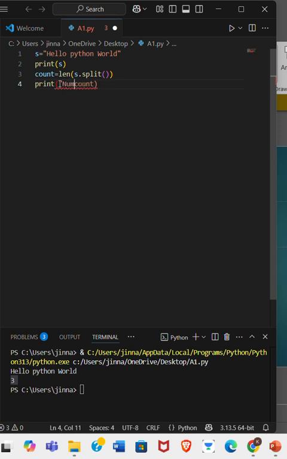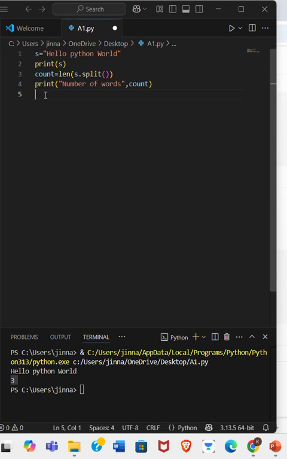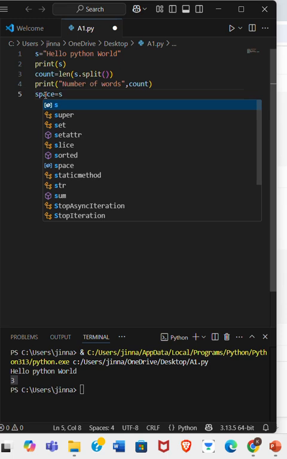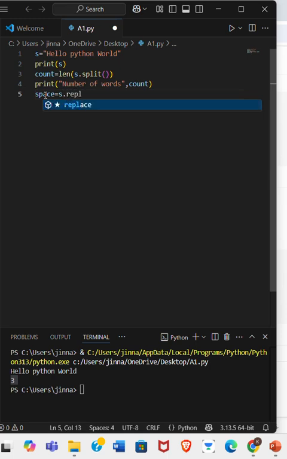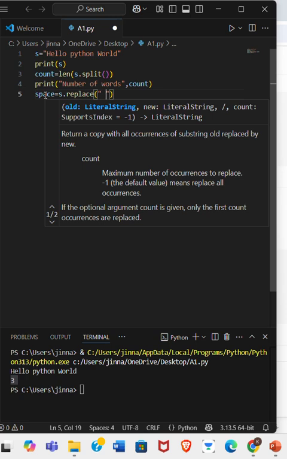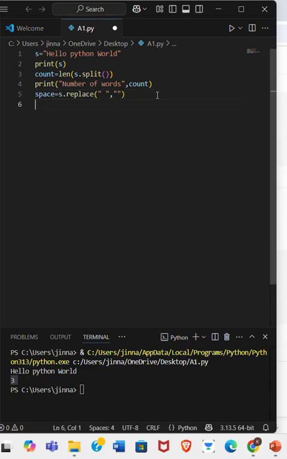I can reduce here number of words, okay, just for better experience. If I just want to get the no spaces between this, how can I do that? Simply, we have seen the replace function, right? So I'm just going to use out my new variable, which is space. I'm going to use out here s dot replace. Now I just want to remove out my space with no space. And if I'm just trying to print out now,